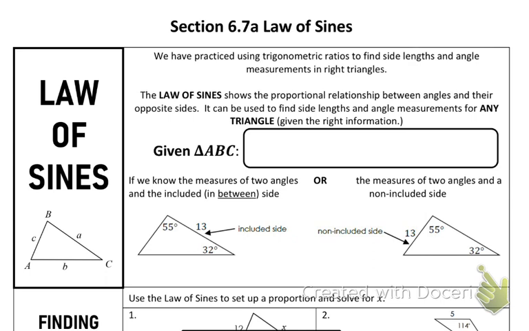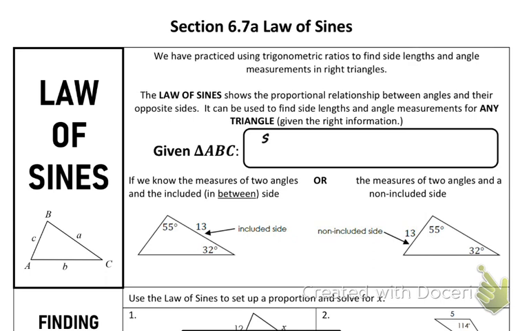So we have practiced using trig ratios to find the side lengths and angle measurements in a right triangle. The law of sines shows the proportional relationship between angles and their opposite sides. It can be used to find side lengths and angle measurements for any triangle given the right information. We'll talk about the right information down here in a second. But given that I have any triangle,